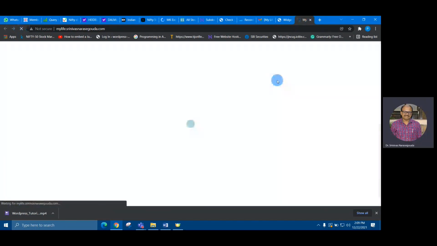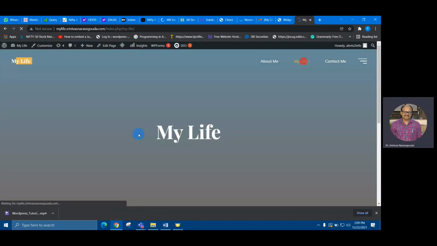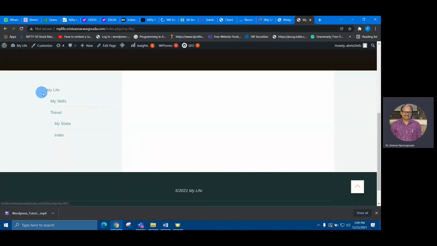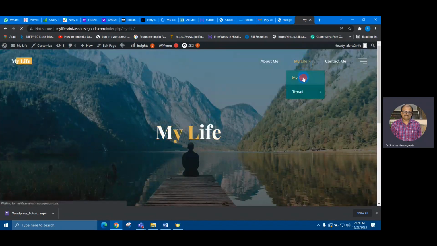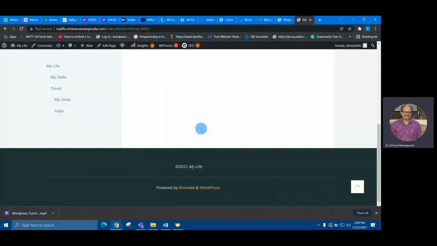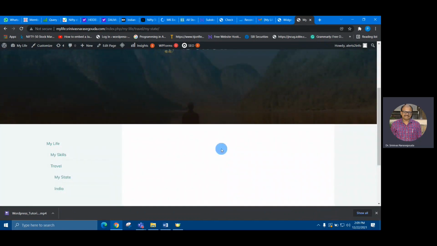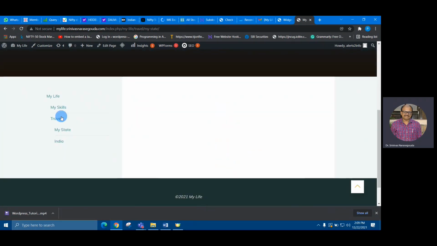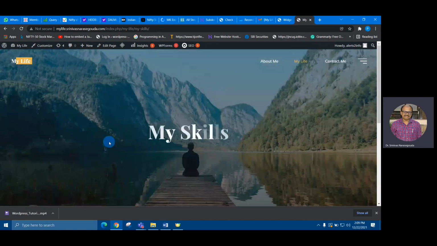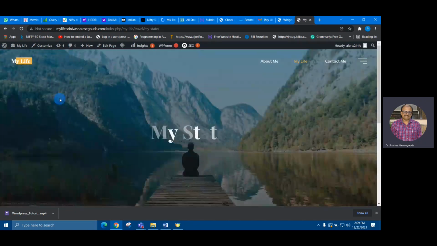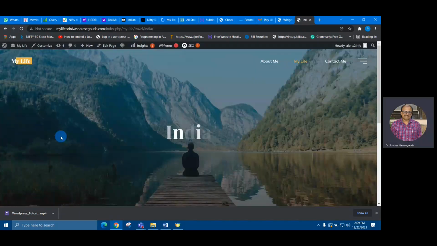Now you just go to your web page, refresh it, click on My Life. You will see that the customized sidebar is displayed here in your page. If you go to any of these pages, you will see that all things are appearing here, because we have specified the specific pages where these sidebars should come. Here also you can click on the button to navigate to that particular page. So this was about creating the sidebar menus and replacing the default sidebar menu with the customized sidebar menu.